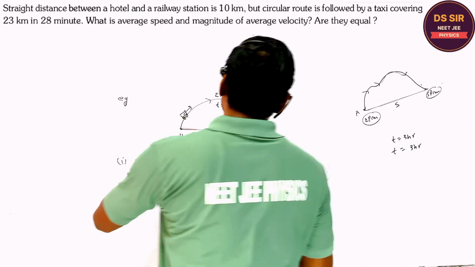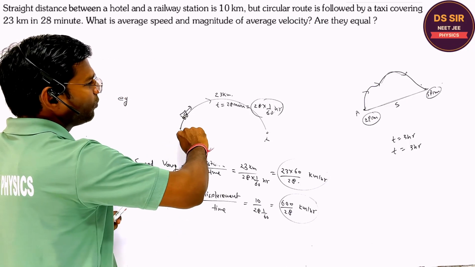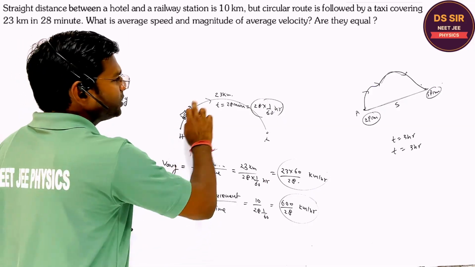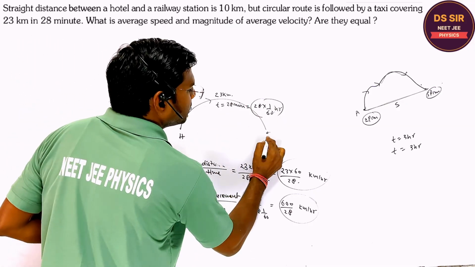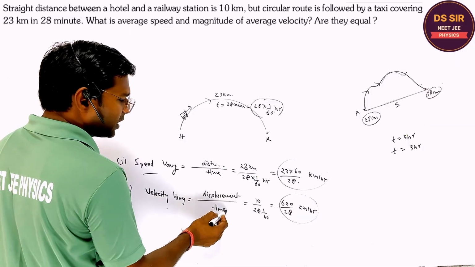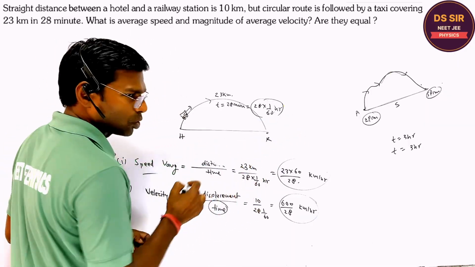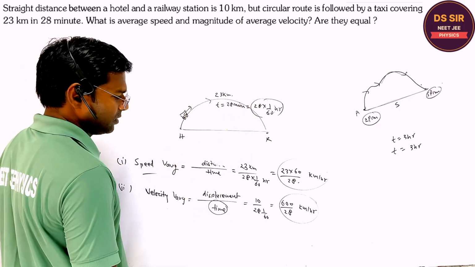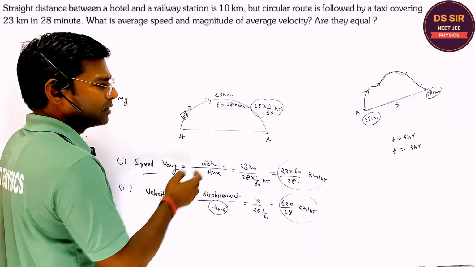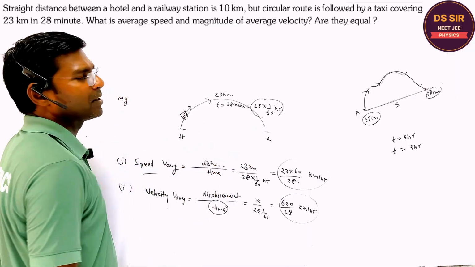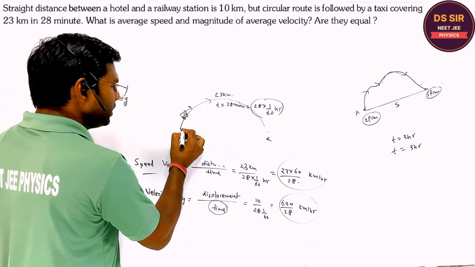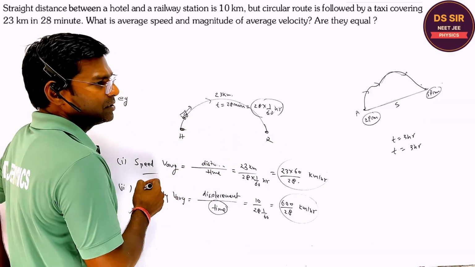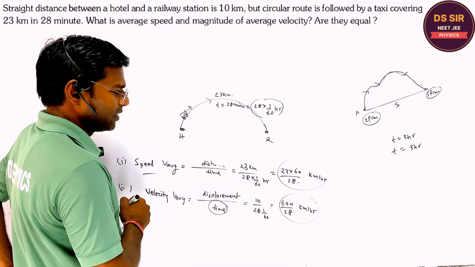Right? The car is not moving along this path. The car is moving along the circular turn. So this is the distance and this is the displacement. For the average velocity, the distance is the shortest distance, and the time is the time in which the car is moving along the circular path. So this time is not to be ignored, because the car is not moving along the straight path. Only this is the real situation. The hotel and the railway station are situated point to point at a distance of 10 kilometer, given.